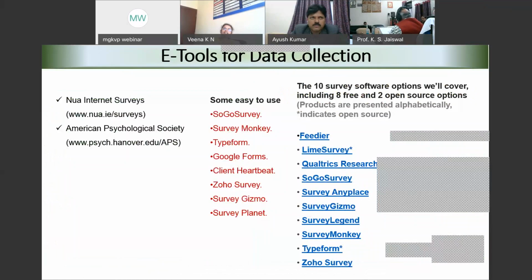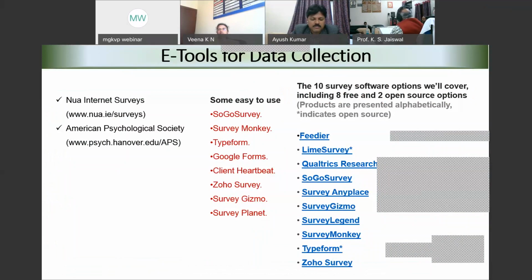Now, other than that, you can also visit some of the websites mentioned here, which will help you to collect the data online. And these websites also have some type of linkage with the industry in which they operate and help us in collecting the information from the relevant industry.